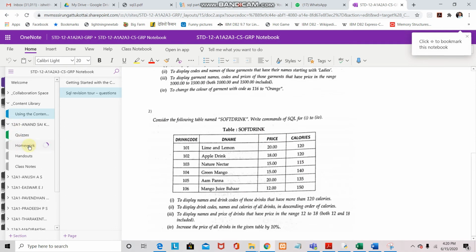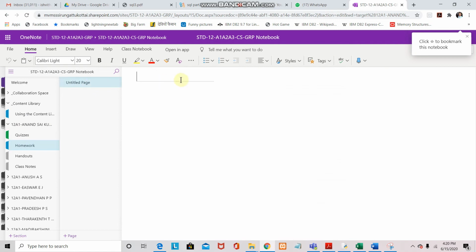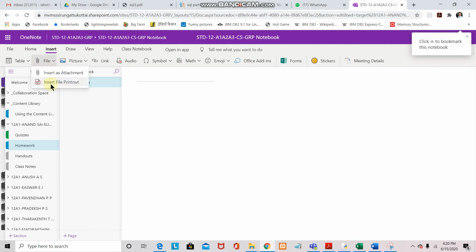Now for example, how a particular person can submit the answer, instead of the student typing the answer, I'm just typing the answer and showing you how the student is going to submit. Here he can write it on a piece of paper and convert it into a PDF, and he can attach it as a file printout, or he can also take a picture of the content which he has written on the paper and attach it. By going to insert picture, he can insert a picture of the answer, or insert file can be selected if he has the file in the form of a Word file.